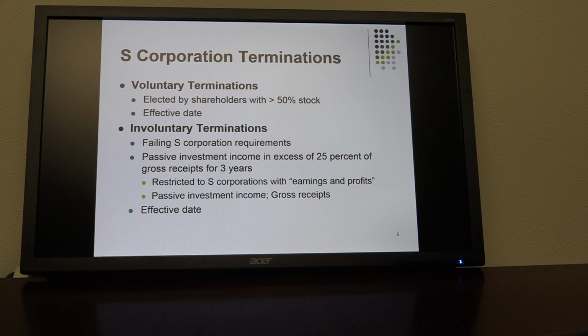Now we'll talk about this some. Back to inadvertent or involuntary terminations. If the S Corp involuntary termination is inadvertent, it's some innocent mistake,